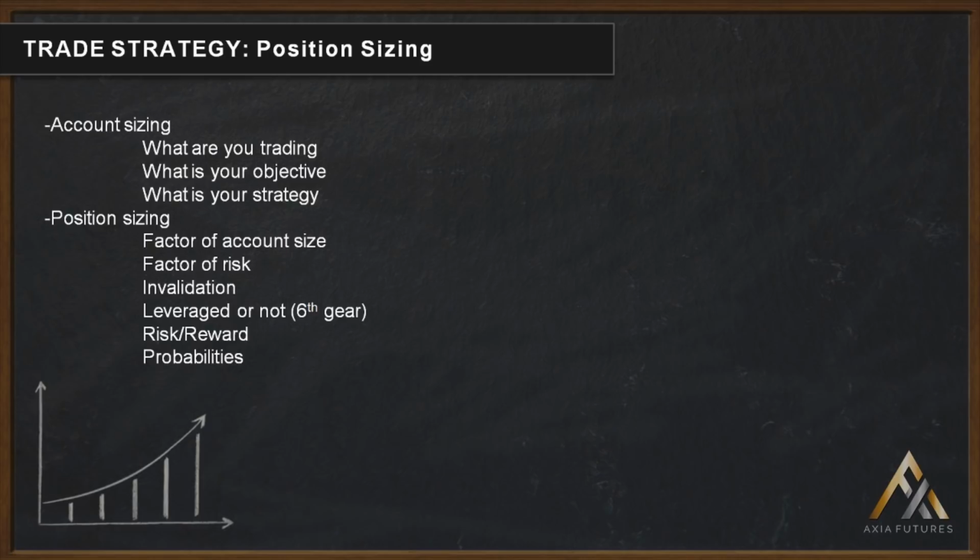Now, once you know what your daily risk allocation is, then you can start to look at position sizing. Because if you know that on a day-to-day basis you can afford to lose £1,000, then on every single trade you can start to ask yourself, is this a high probability trade? What's the risk reward, etc. Some of the factors to consider with regards to position sizing: first is obviously account size, like I mentioned. Then the factor of risk.